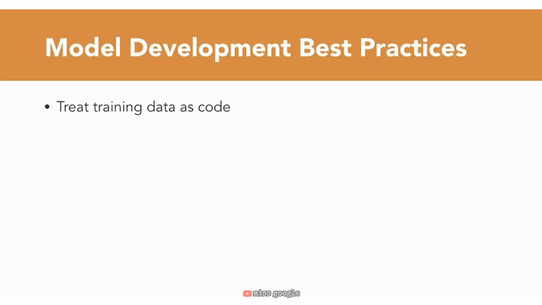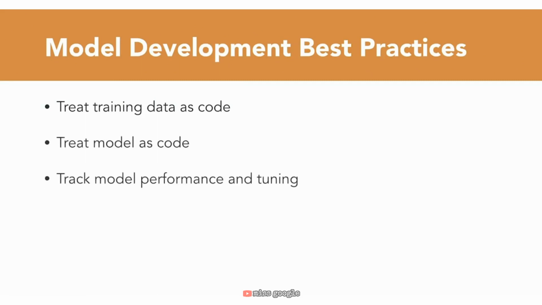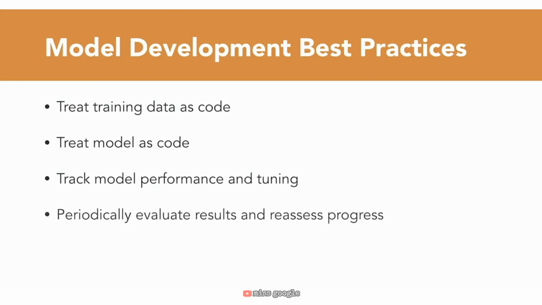and transforms data. Machine learning models also evolve over time. Treat them also as code. Keep track of the version of models built and the associated hyperparameters. Models should be recreatable. Track performance of machine learning models as you conduct experiments with data and hyperparameter tuning. Periodically evaluate results of experiments and improve and reassess progress. It's very important to keep sight of the end goal and be ready to change course if experiments are not